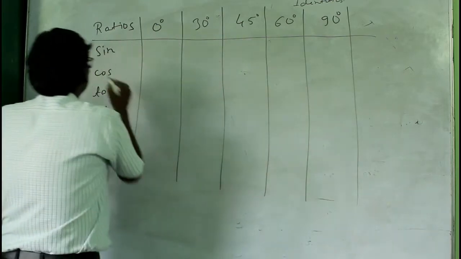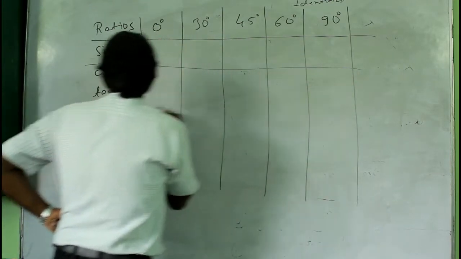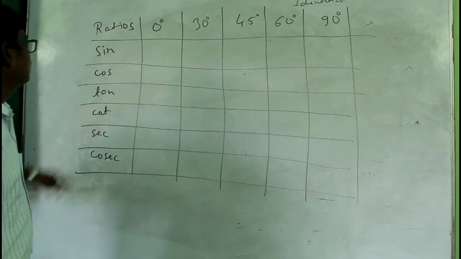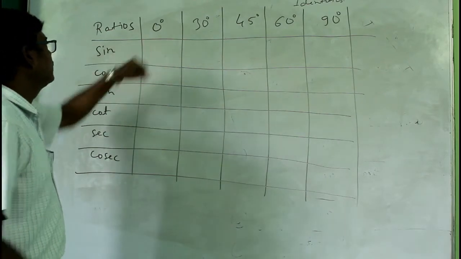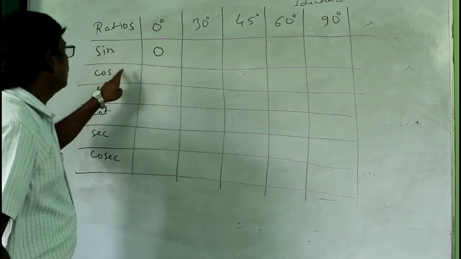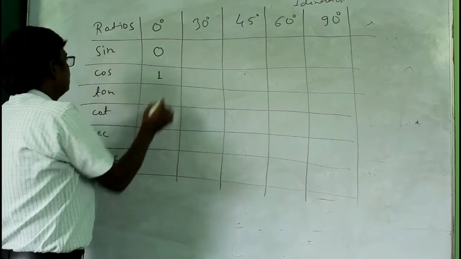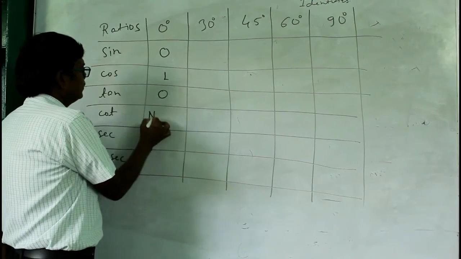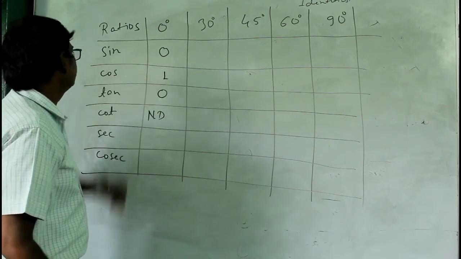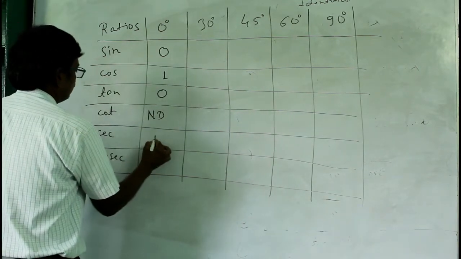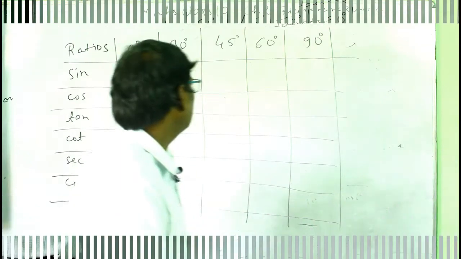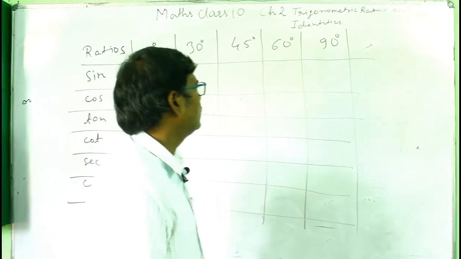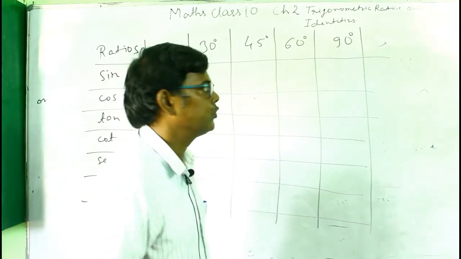So we have to find the value of these angles, and you have to learn the values of these angles here. Like here sin 0 degree equal to 0, cos 0 degree equal to 1, tan 0 equal to 0, cot 0 equal to not defined, and sec 0 equal to 1 again, and cosec 0 is not defined here. So now I will write the values of this, and you must learn all these values, because when you solve the questions these values will be used.